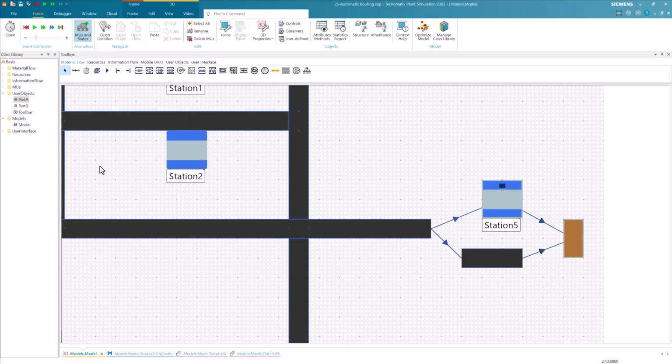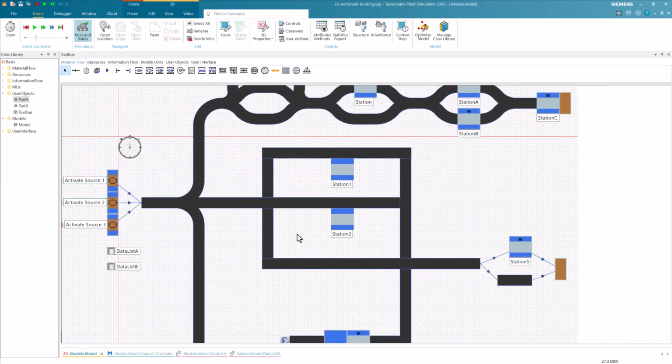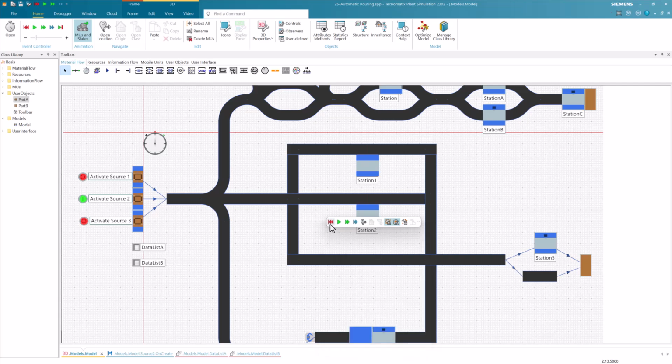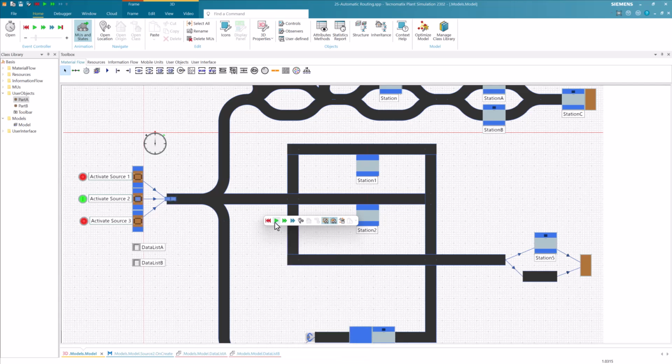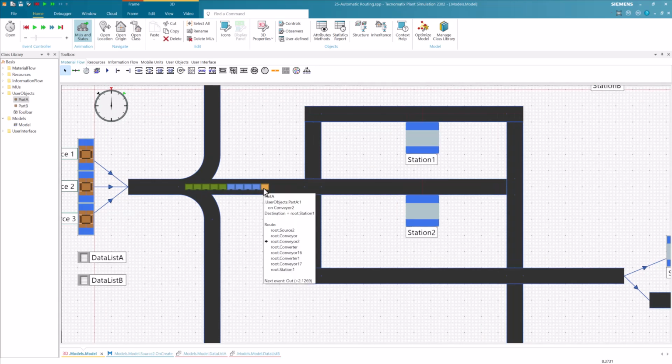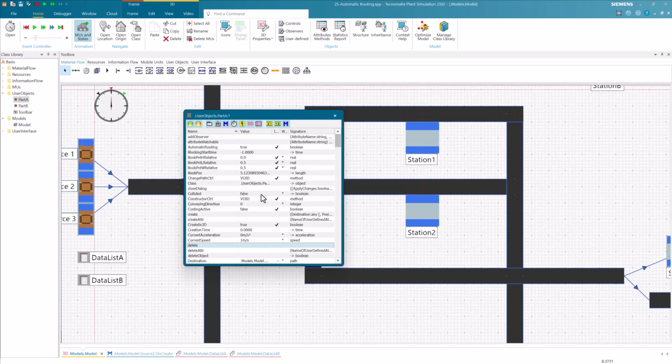If you want to look in the destination list to see which destination the part is moving to, you can also do this easily. To demonstrate this, let's restart our simulation and then stop it. We can now open the F8 dialog and search for the destination attribute.